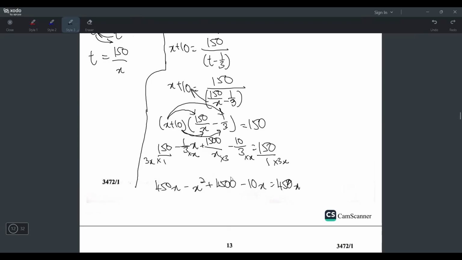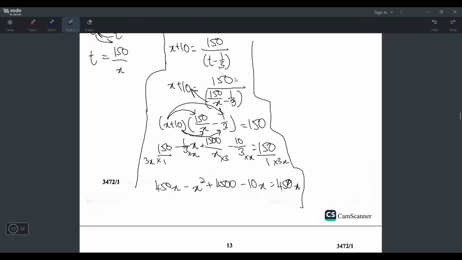So now, because now everything is over 3x already, that's why you don't have to write the 3x already. Because if both sides hold 3x like that, then the 3x can cut already. Why can cut? Because the divide you send over becomes times like that, then you cut, yeah. You can just, no need to write already. That's why I made all the denominators the same. Okay, now it has become quadratic. Because you see square, right? And whenever you see quadratic, you know must move everything to one side equals 0, make it general form and